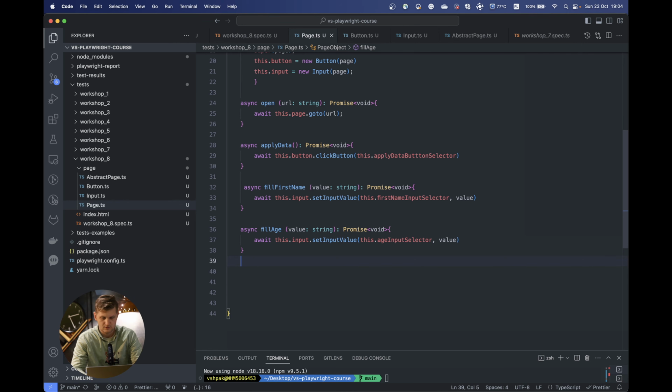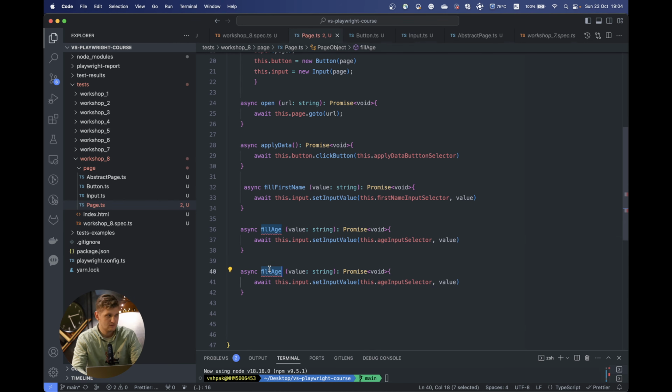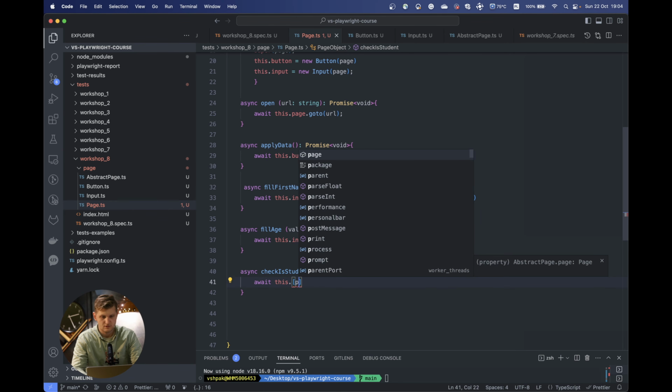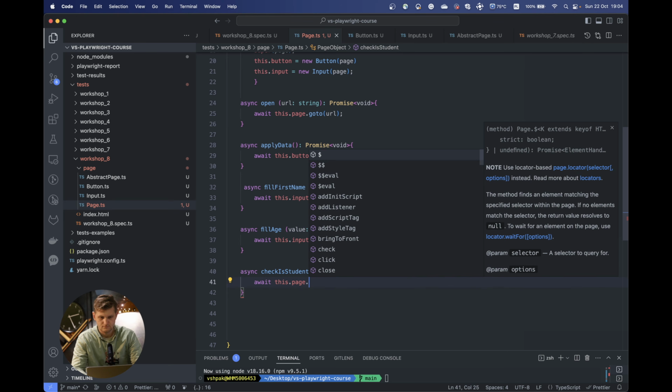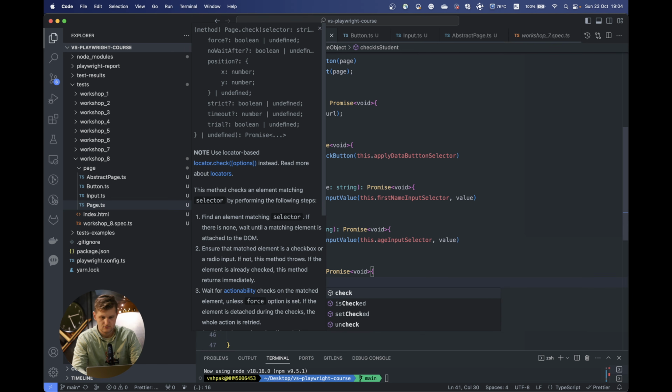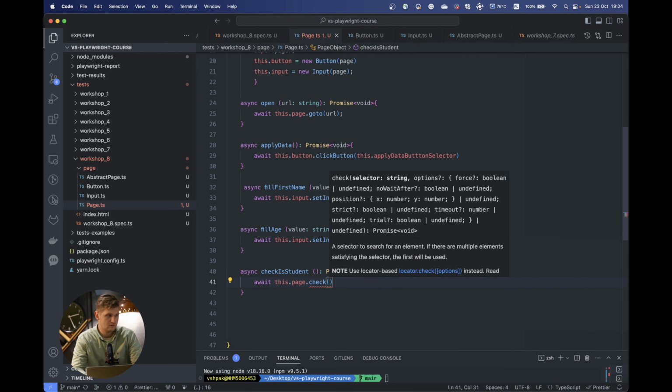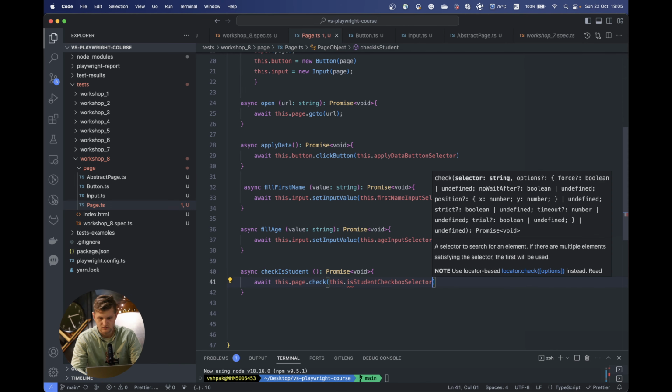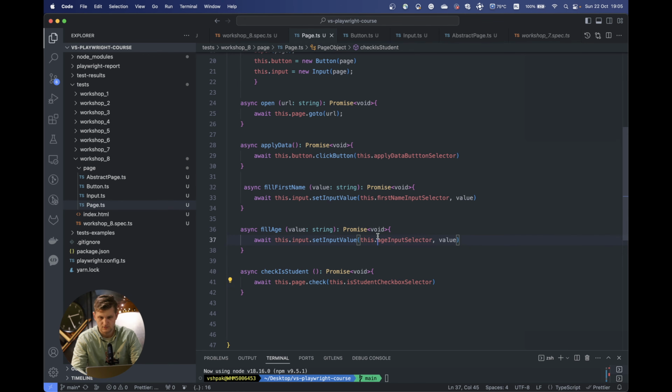Copy paste it. Check is student. So passing no value here, and then we have to do this dot page dot check, and this is student checkbox selector. Cool. And